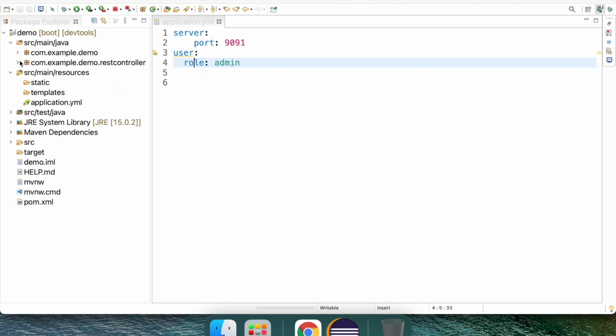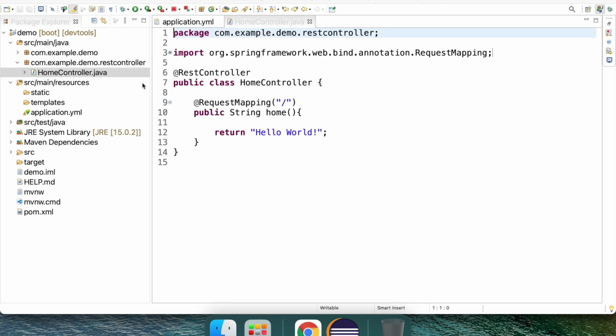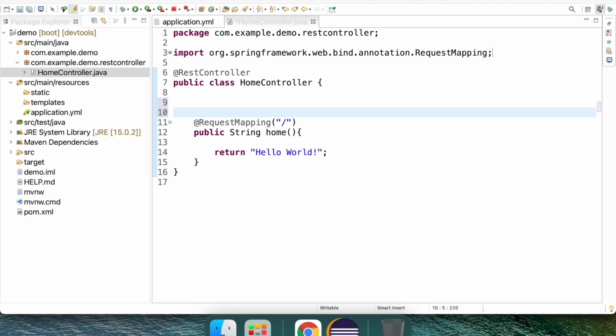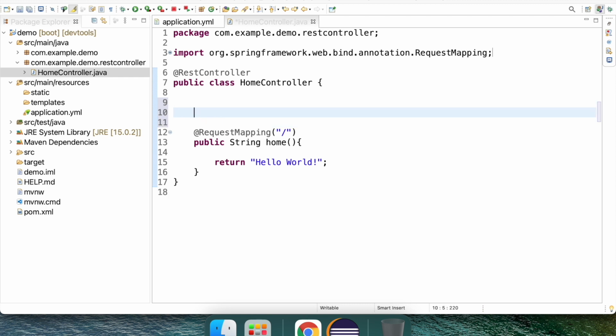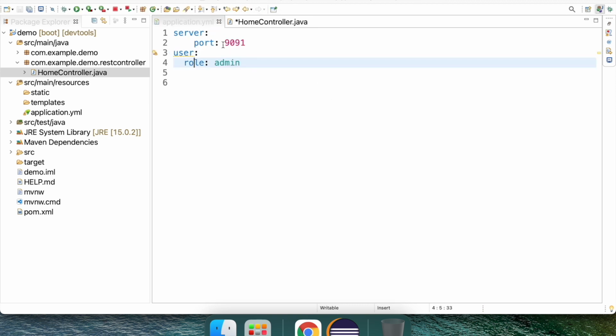Okay, so I need to get this user role as admin in the controller. So let's go back to the controller. What you have to do is @Value, the annotation which gets the actual value from the application.yaml. So the key that we have declared here is user.role.